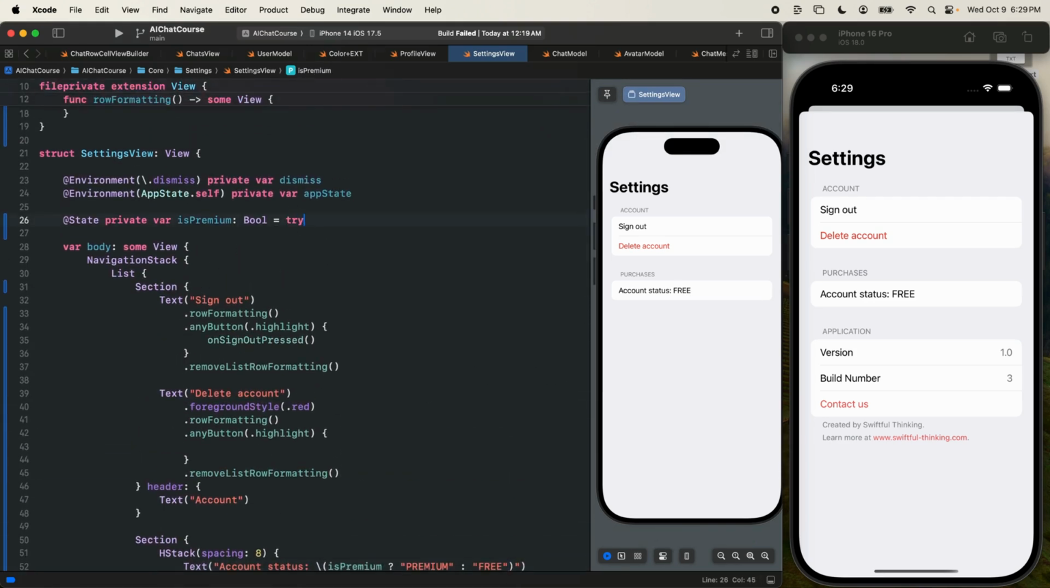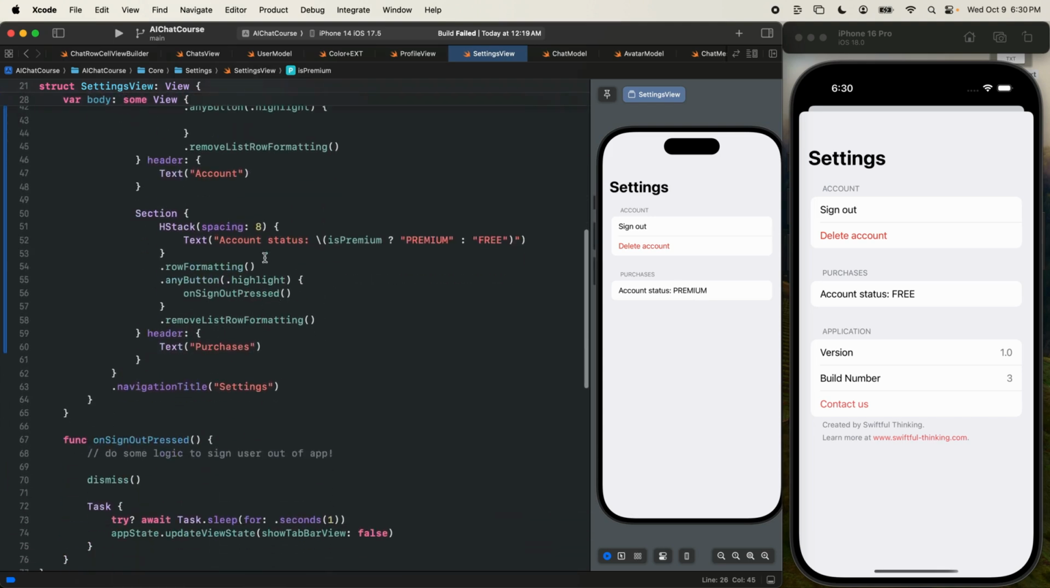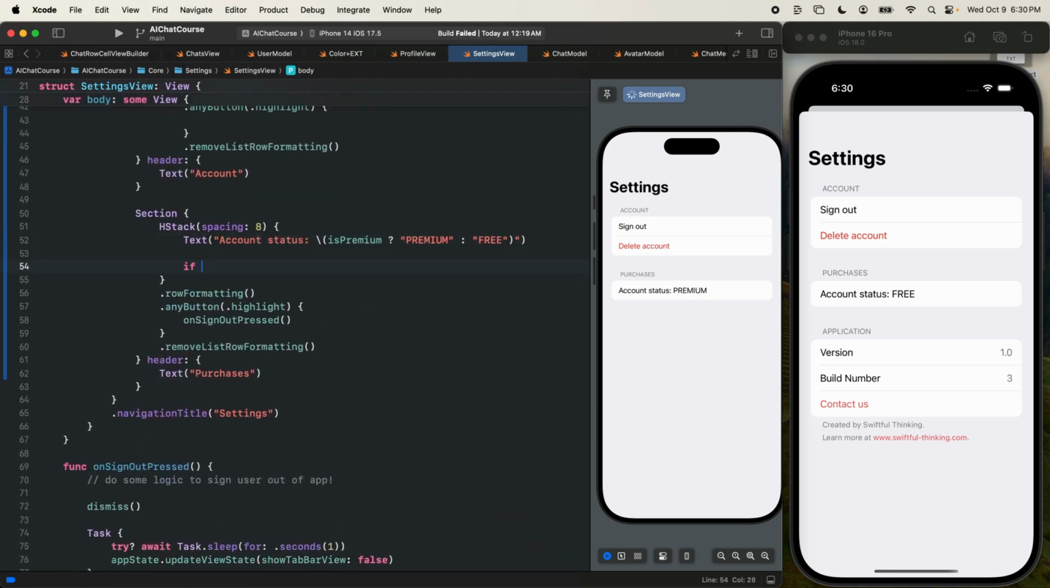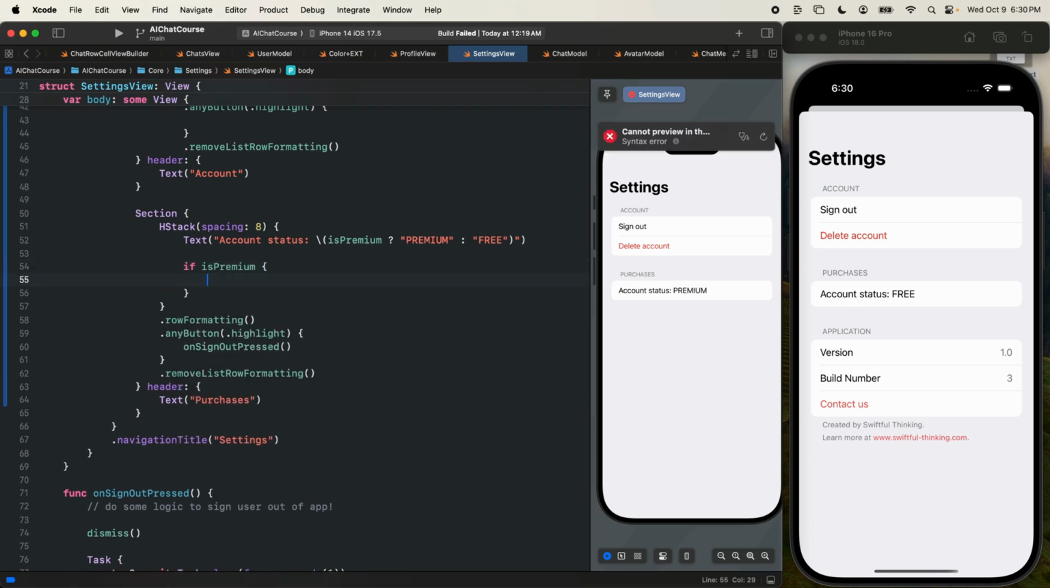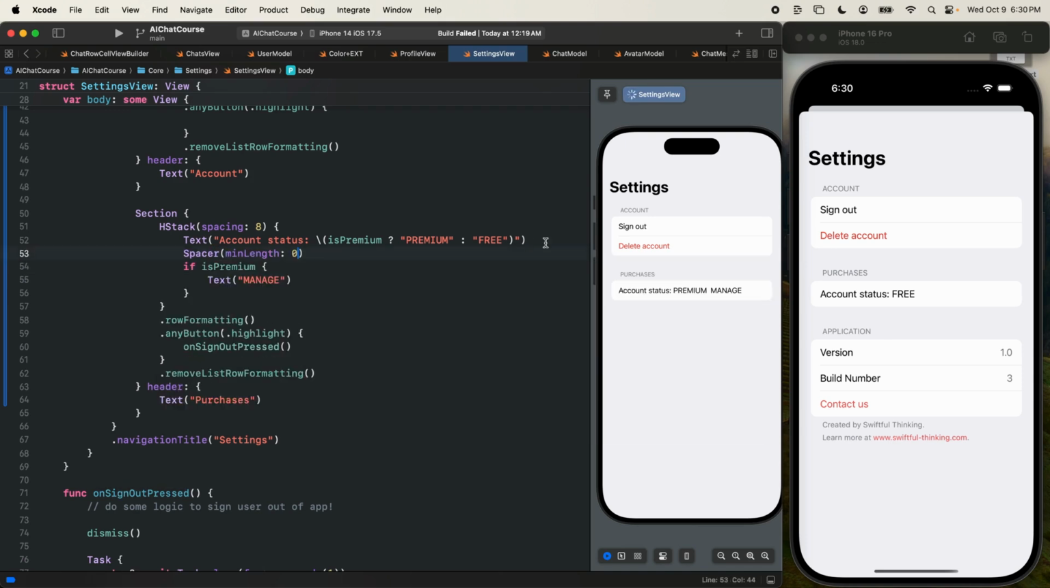And then let's put this as true, premium. And then just so that the user knows if this is premium, they can actually click it and manage their subscription. So let's just here add a quick little if is premium, open the brackets, text, let's put manage. And I'll put a spacer here with a minimum length of 0 to push it all the way to the right